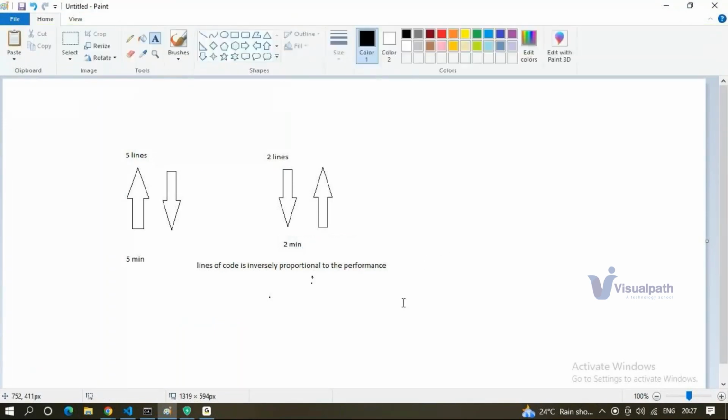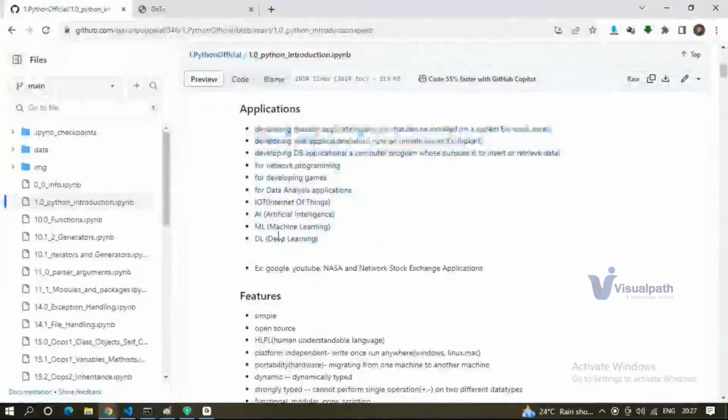Okay, 2 minutes to execute. So the performance of the Python program is very high compared to Java. Whenever we deal with large amounts of data, we use Python, not Java. Most of the applications, if you take artificial intelligence, machine learning, deep learning, and also